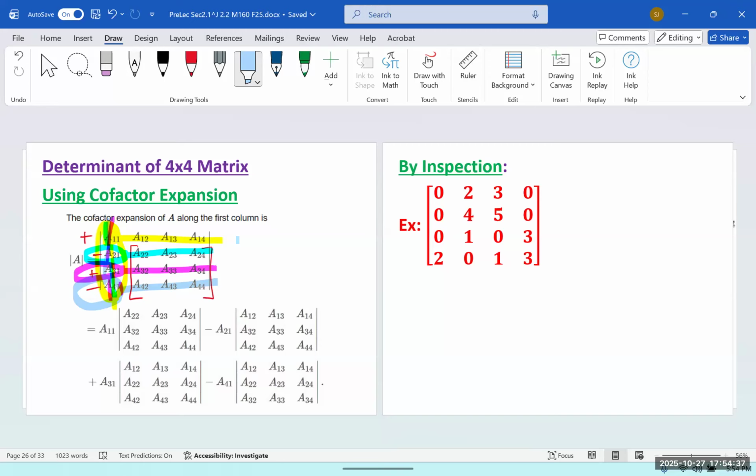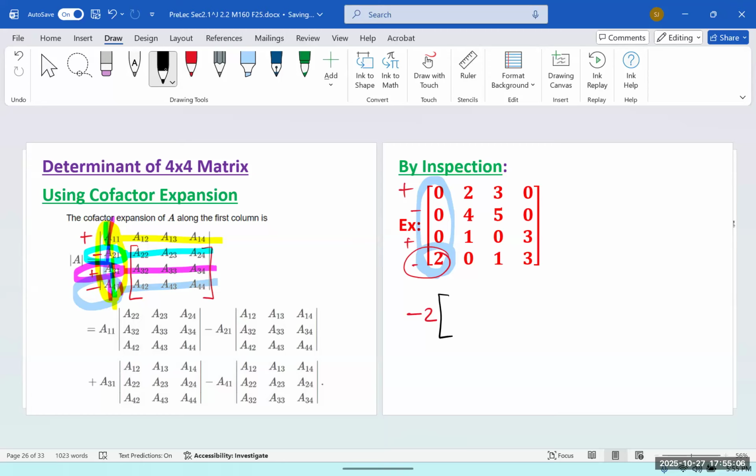So in this matrix, which row or which column has the most zeros? Column 1. So we are going to expand around this column. In this column, we have 3 zeros. That means we are going to have 3 zeros for 3 cofactors. Only the non-zero entry will be the last one. And the position for that one, the first one is plus, minus, plus, minus. So this has a position -2. So we do -2 times